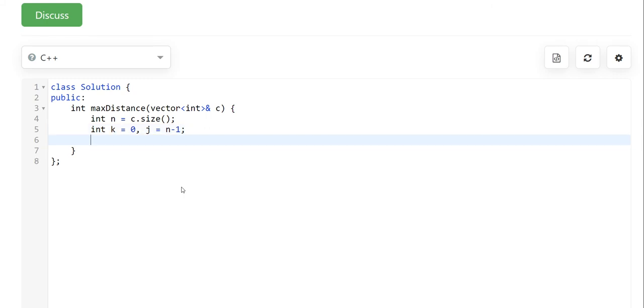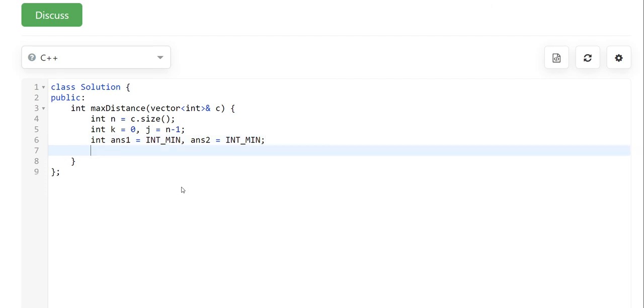Let's take two more variables: ans1, which will be equal to int min and will hold the maximum distance produced by our first way, and ans2, which is also equal to int min and refers to the maximum distance calculated by the second way. Now let's run a for loop to iterate over the whole array.